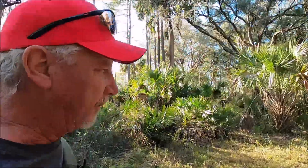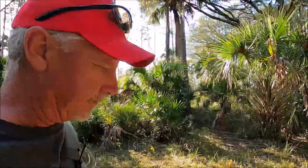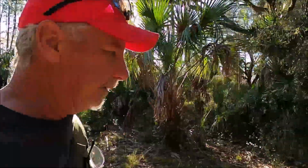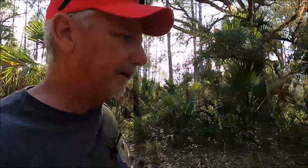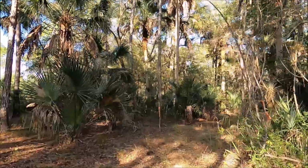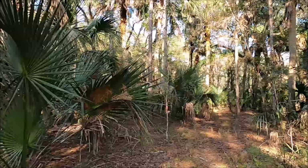So what I'm gonna do is I'm gonna walk back down through here. This is no vehicle access through here, so we can't drive down in here, but we can walk down in here and see if we can find a good spot. I see that there is some flags right there on the trees. I mean, somebody had a tree stand back in there